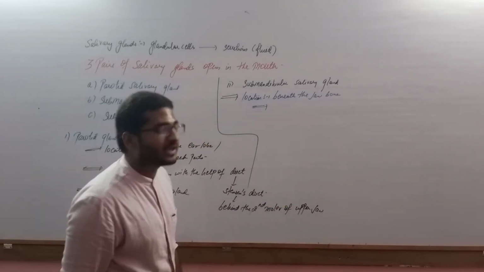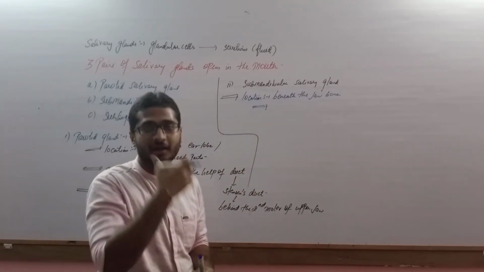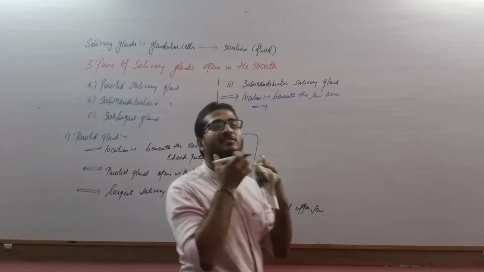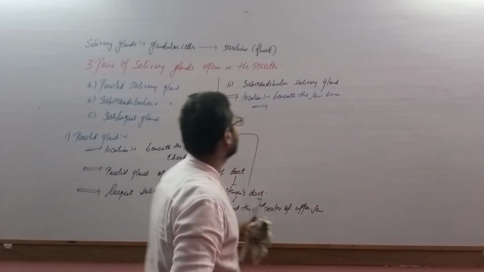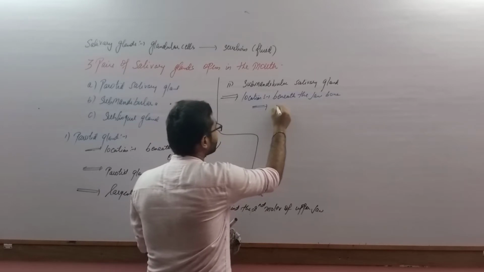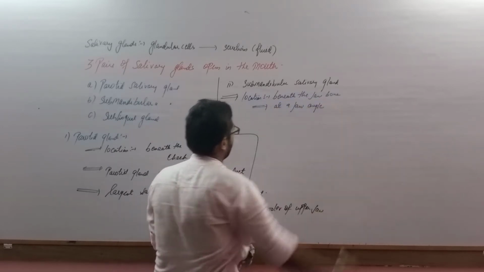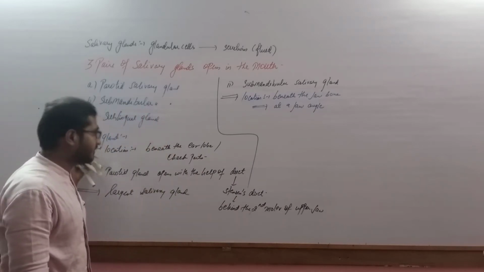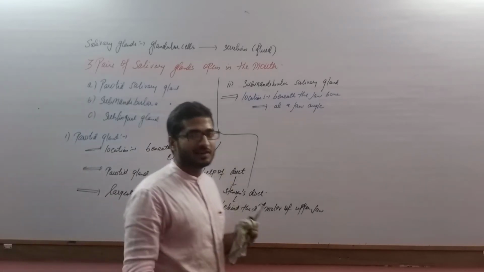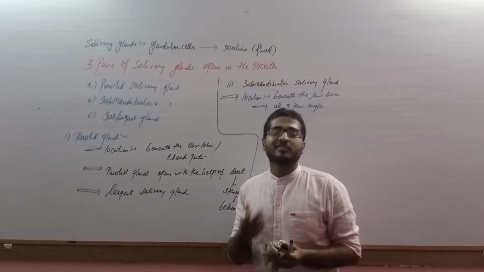Second statement that we can write regarding the location is it is located at a jaw angle, and this is the area, this is the jaw angle where the submandibular submaxillary gland is located. So located at a jaw angle. Clear?